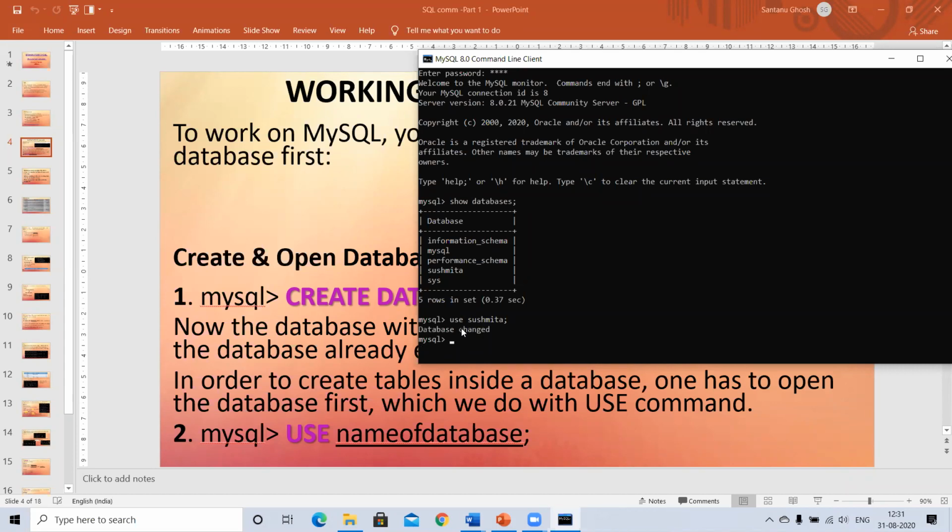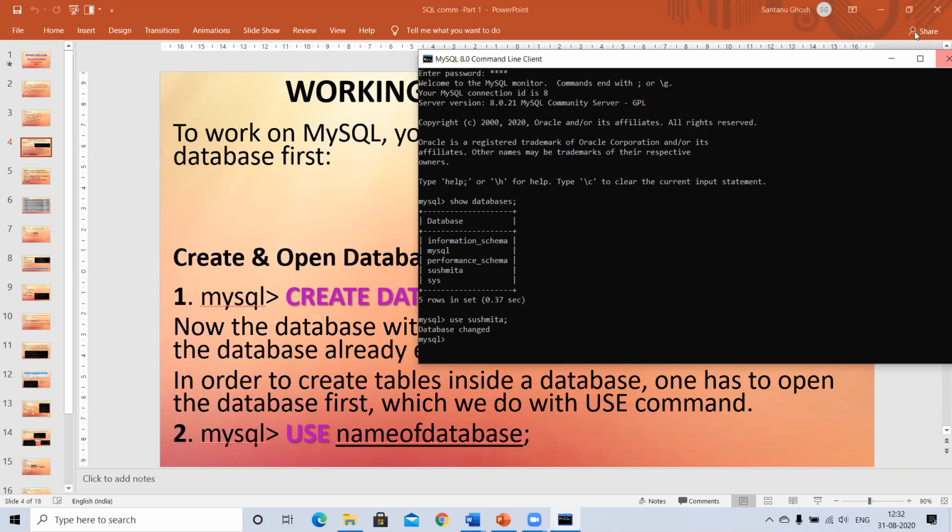So now it has reached the Sushmita database. It is open for you to work. You can create more tables in that. You can store data into it, and then accordingly access. Okay. So this is how I open a database which I created earlier, and I'm ready to work with it.